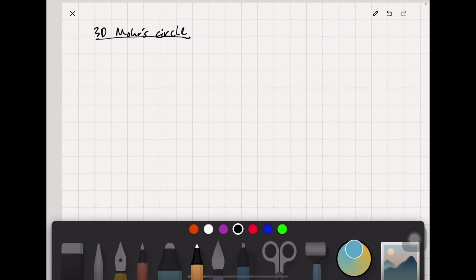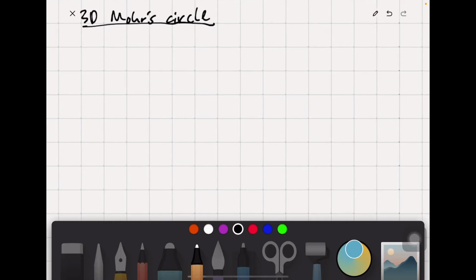This time around we're going to have more than one circle, one for each plane, which is xy, xz and yz, right? So three planes for a three-dimensional system. But the example that I'm going to give, I'm going to start with this,